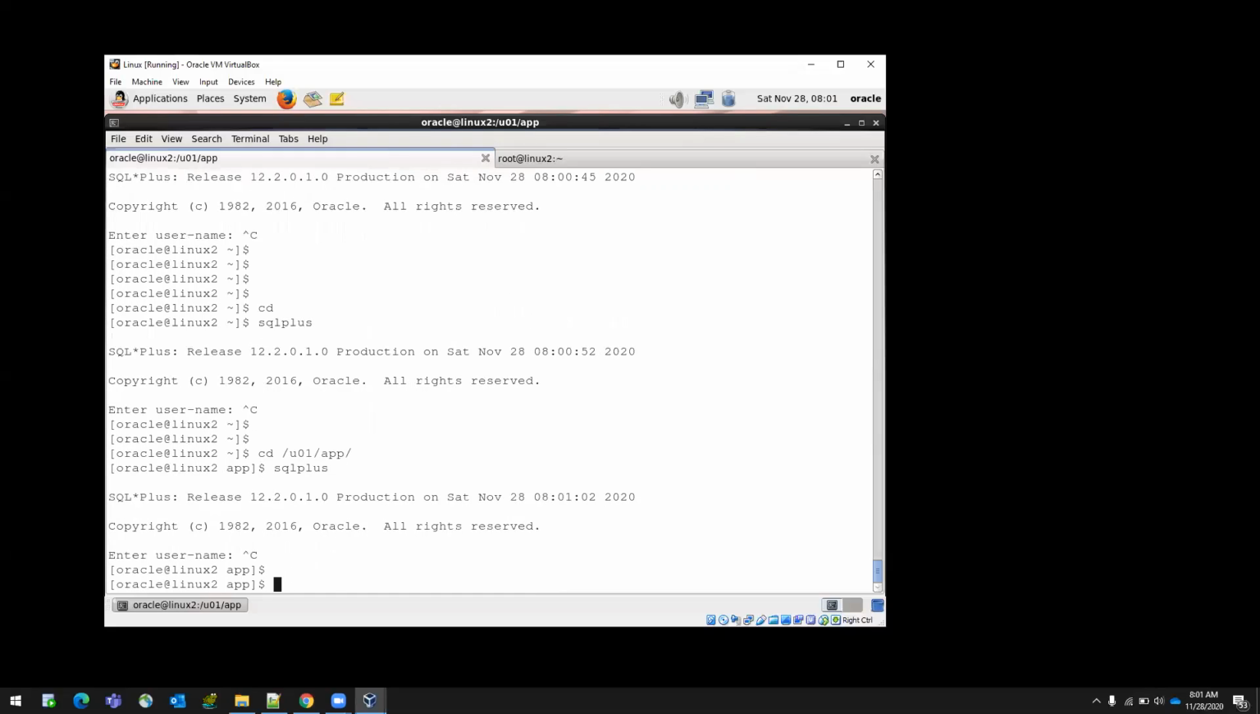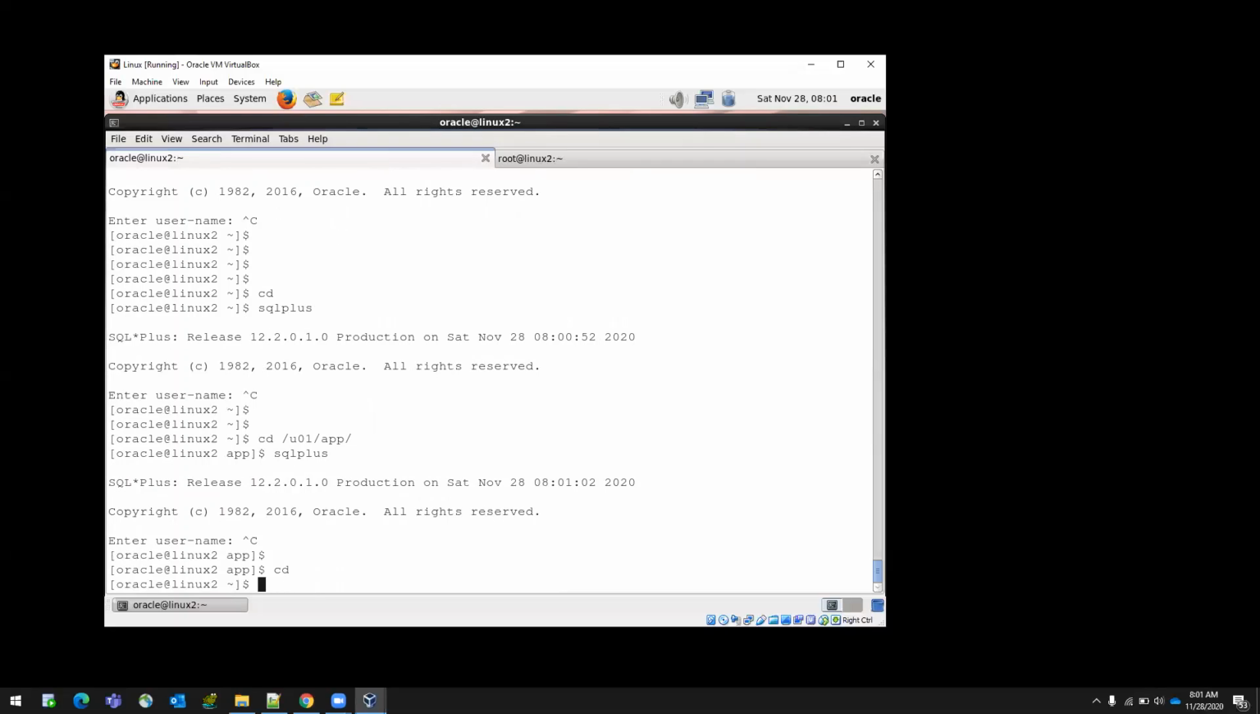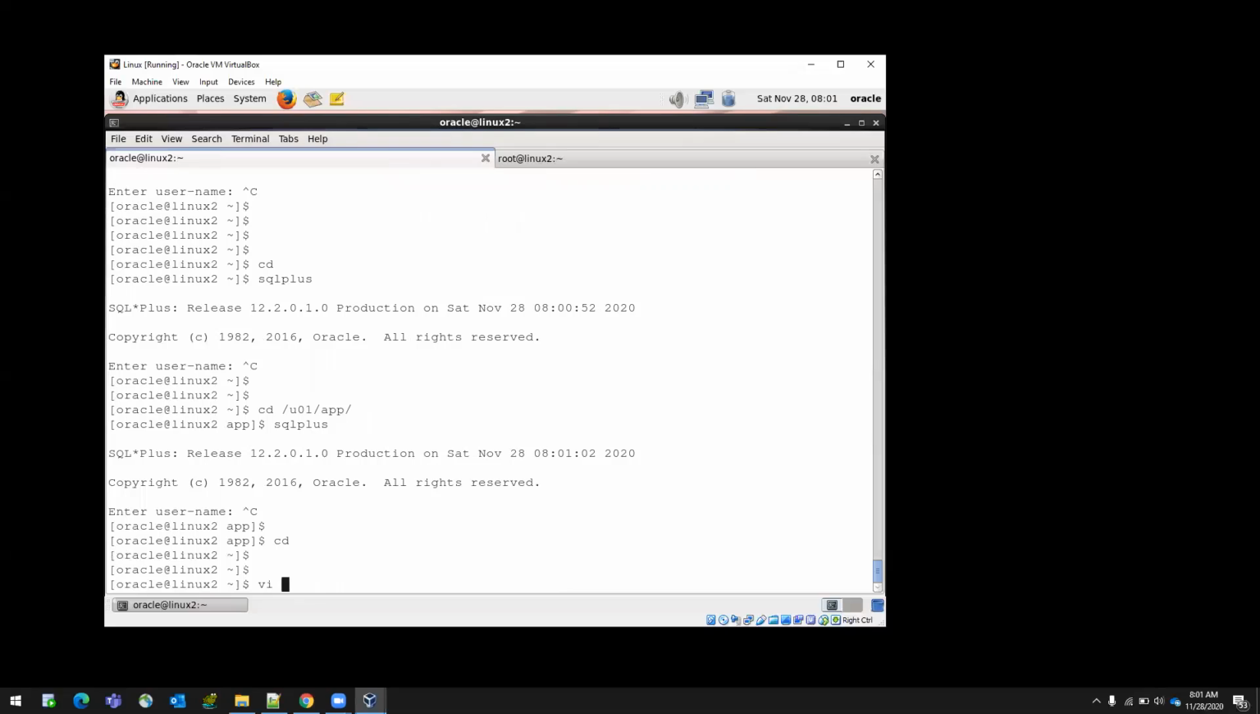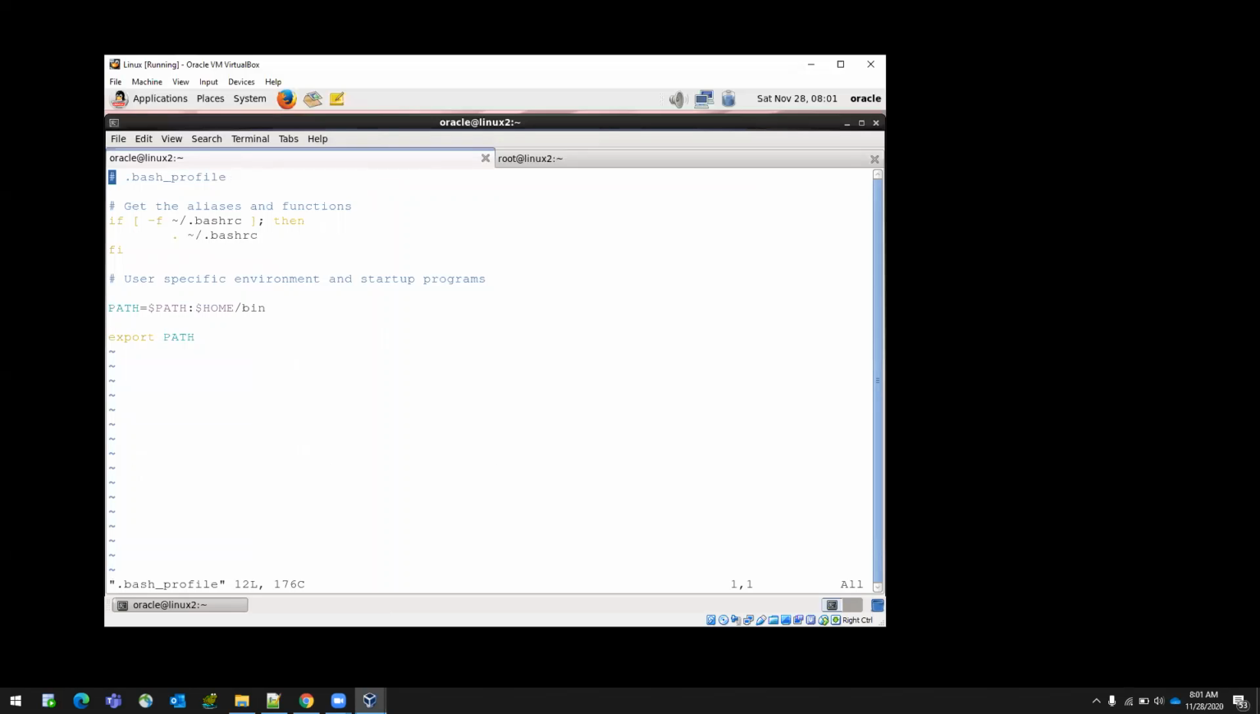So we did two settings. One is Oracle home, another is path. So each and every time we can give this, right? So further, what you should do is set this in the bash profile. Bash profile is the profile file. Whenever you log in, it will automatically execute this file and come back. So go here,